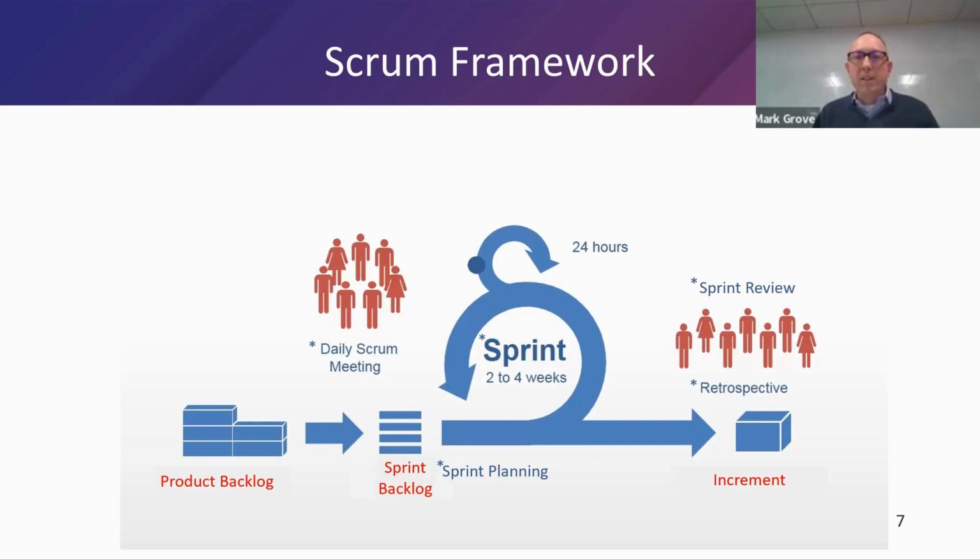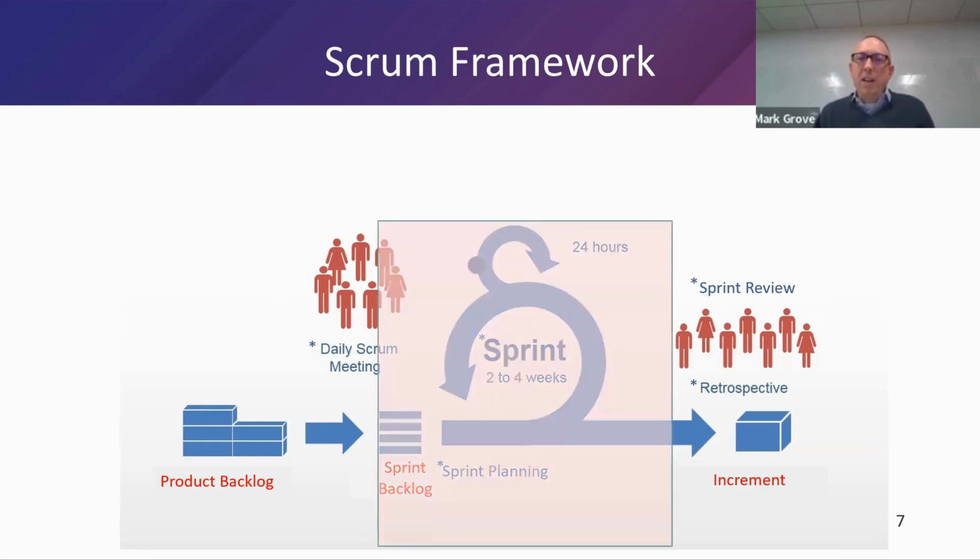We have our Scrum events there in blue with the asterisks. We have our artifacts that are in red, the backlog, the sprint backlog, the increment. And typically when I work with teams, the area that you see in pink here is the area that teams right away go to create a Scrum board of some sort, whether it's a physical board, and I miss those days of physical boards pre-pandemic, or in Jira, or whatever your favorite tool happens to be, or tool you have to use happens to be,